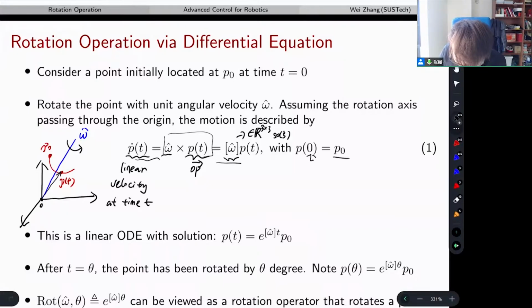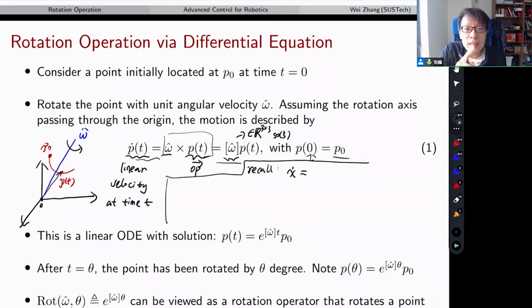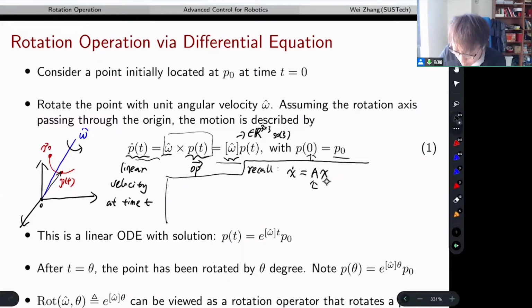It's like a linear system. It's a linear differential equation, right? A linear control system, though we don't have a control yet. So anyway, let's recall, maybe you forgot. Our first lecture, Lecture 1, was x dot equals A x. That's a linear differential equation in state space form, right? This is a matrix, and this is the state vector. And if I say I have an initial state like this,